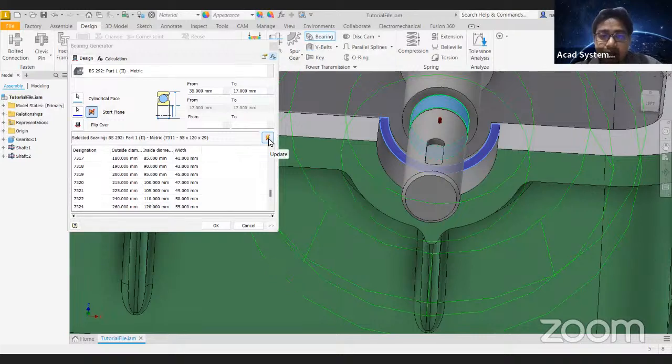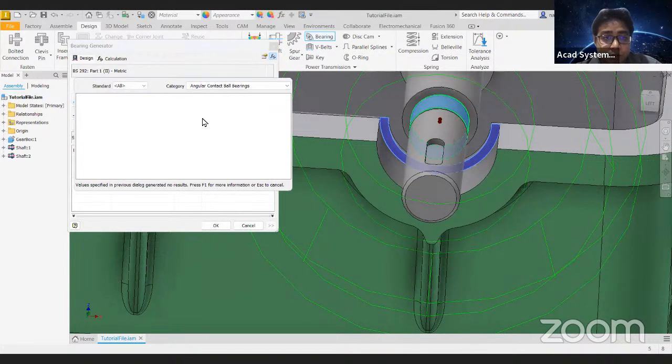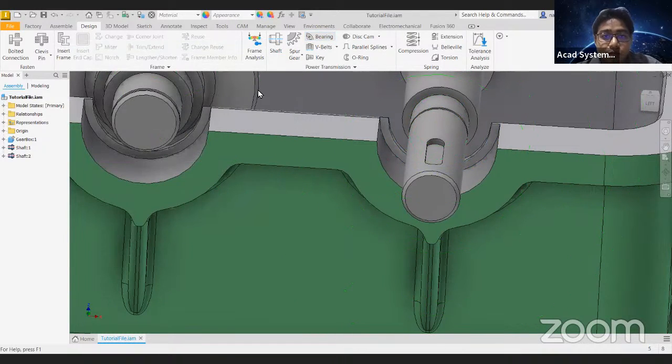If you want more selection, I can select from here, and then I can select update. So it's going to give you from 35 to 70. But currently, this size is actually not available for this bearing. So I'm going to drop down and select a different bearing. Okay, let me just, right, so let me just select,